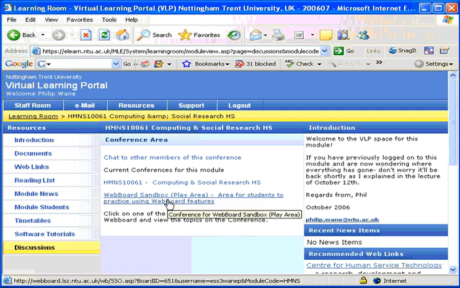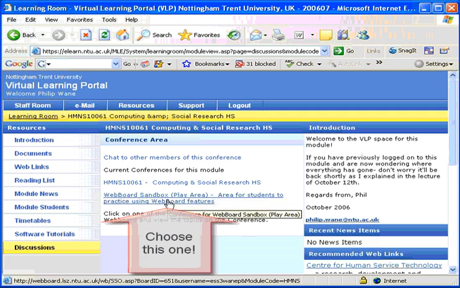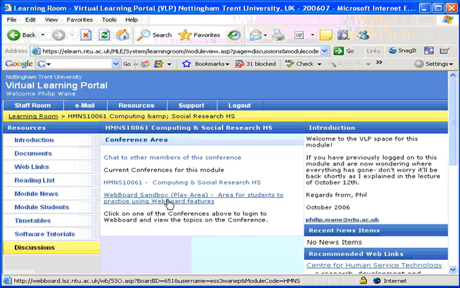The one that I want you to go into for the seminar, and if you're just generally having a go with this stuff, is the one that says WebBoard Sandbox in brackets play area, because a sandbox is an area that you can play about with things, and indeed it says area for students to practice using WebBoard features. So if I click on that,